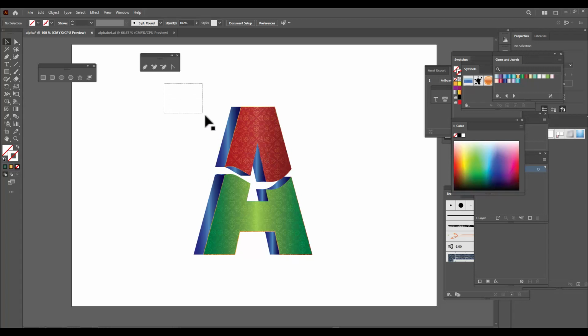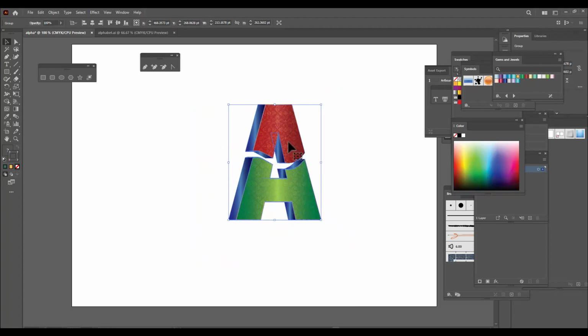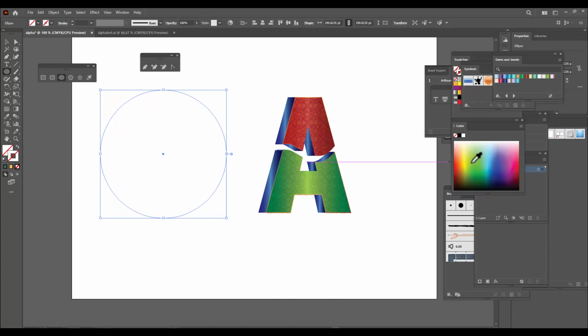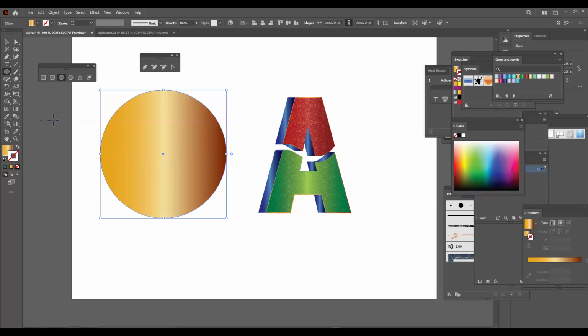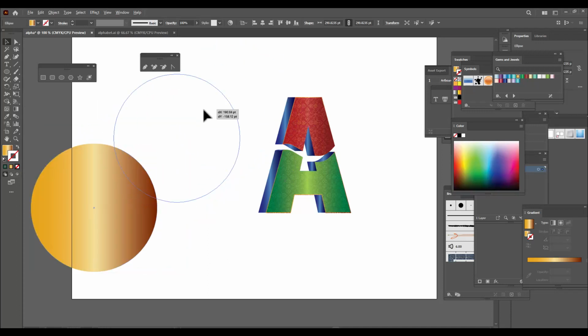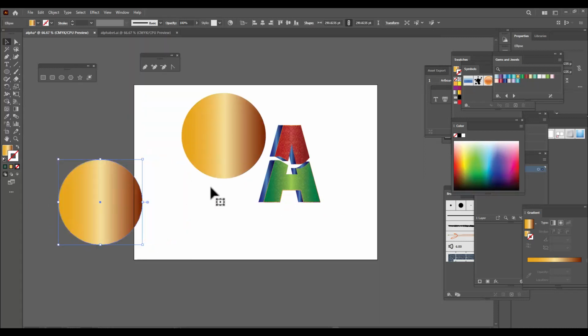So now we will just select all the objects and we will group it, right? So once we have grouped, now we'll make it more interesting here. So what we'll be doing is we will first select an ellipse, and we will give some color to this, and then we will take one more duplicate, and we will try to create a mask effect